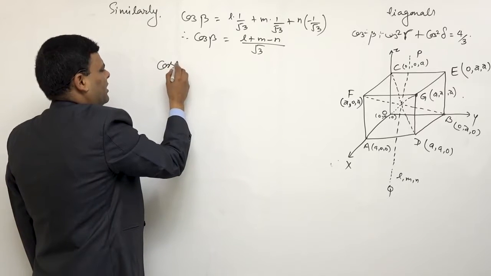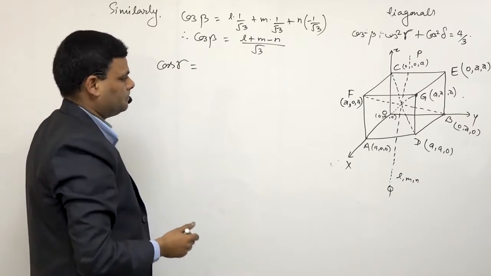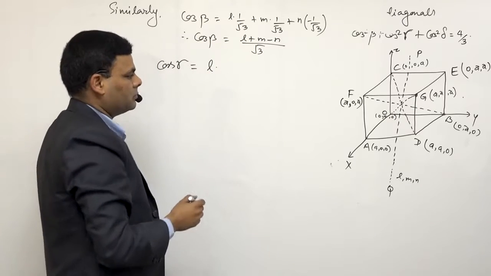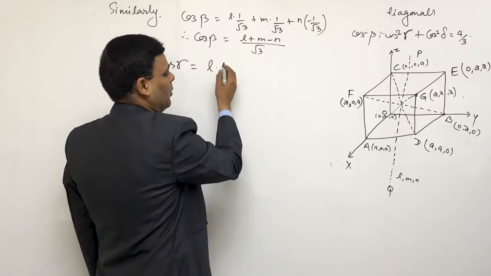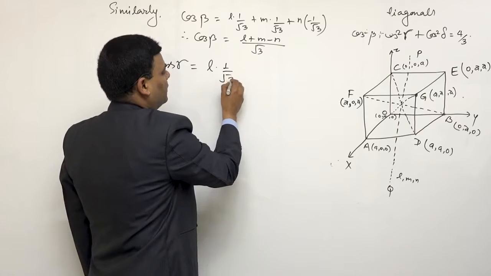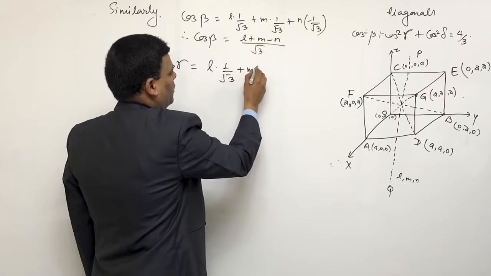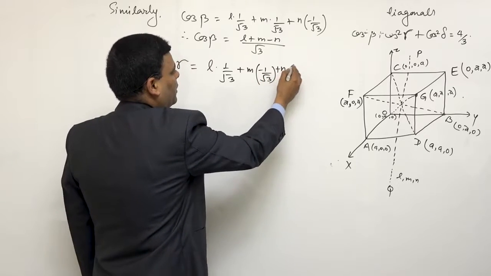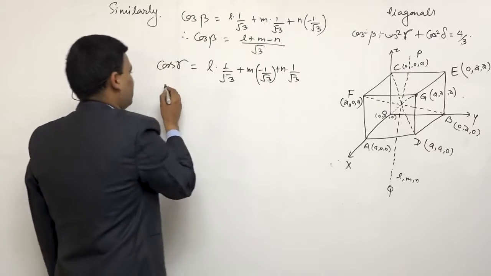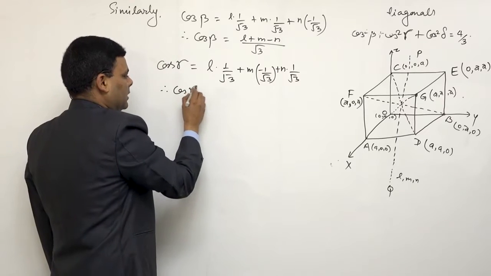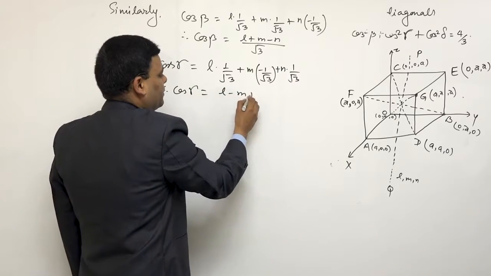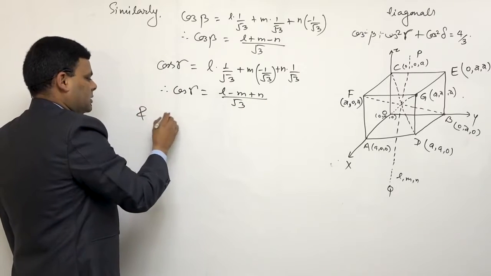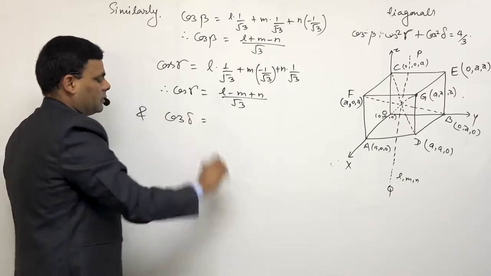Cos gamma equals L into 1 by root 3 plus M into minus 1 by root 3 plus N into 1 by root 3. Therefore, cos gamma equals L minus M plus N upon root 3, and cos delta equals